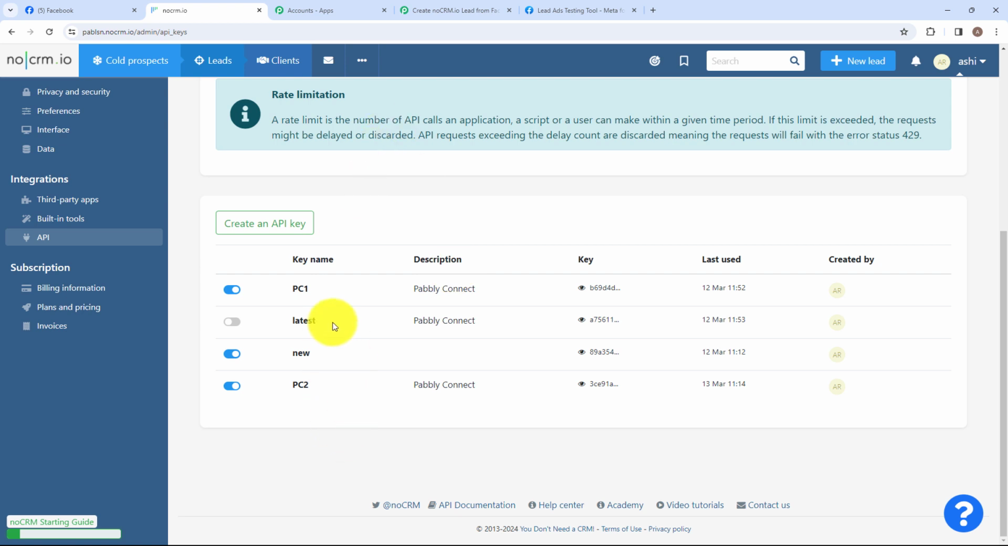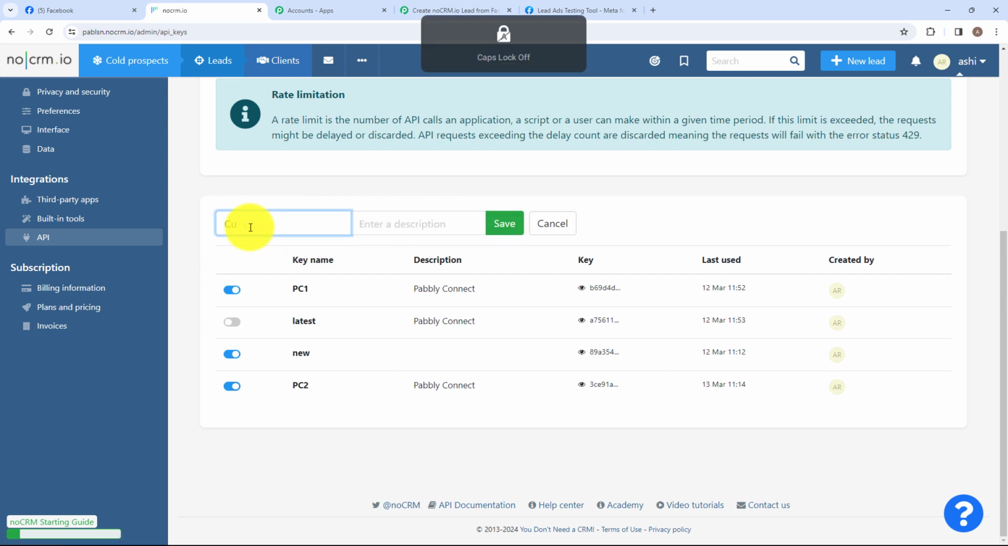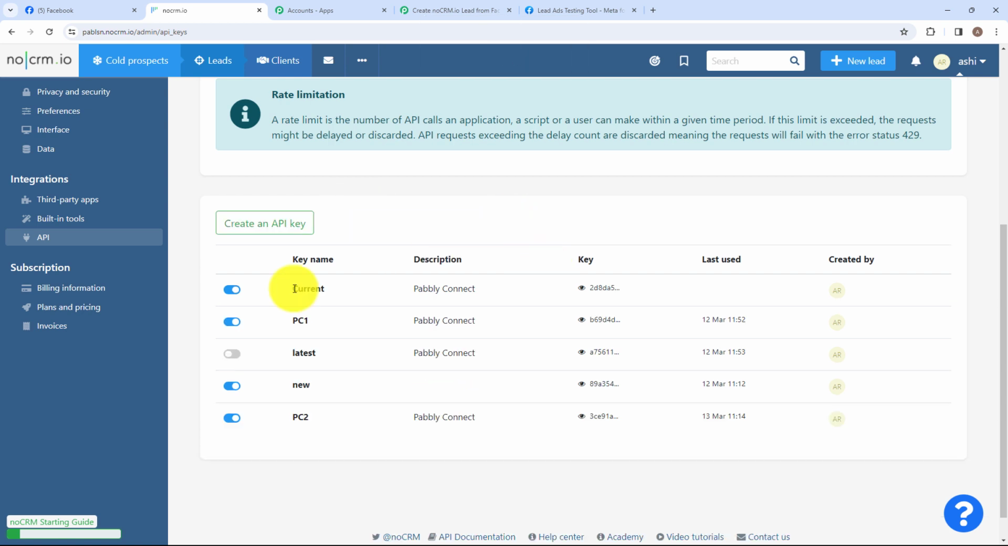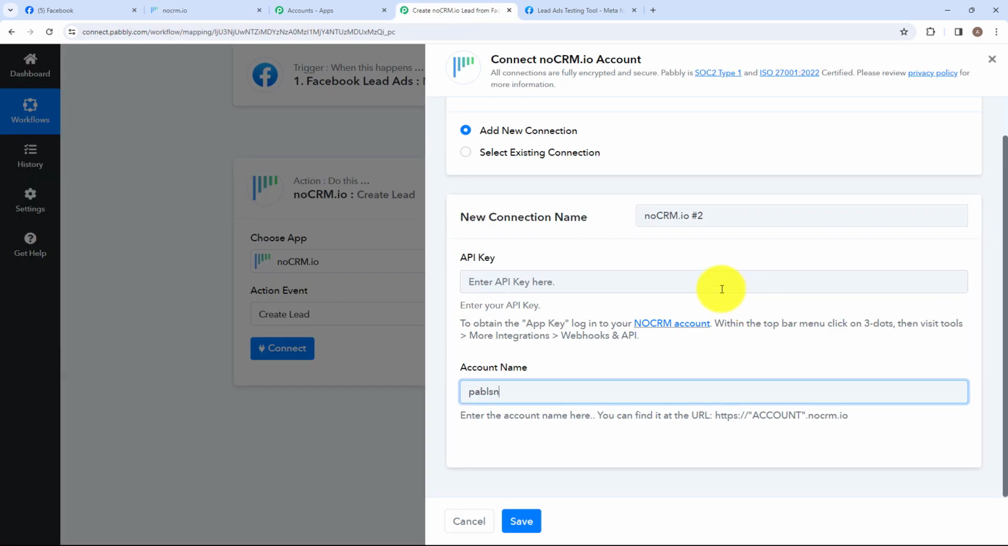And these are the API keys which I have already created. Now I'm going to create a new API key. For that, I'm going to click on this and I'm going to enter a name as Karen. And I am going to enter a description as Pabbly Connect and then click on save. And as you can see over here, I have successfully created an API key, and this is the API key mentioned over here. I'm simply going to copy this from here, and after that I'm going to paste it on